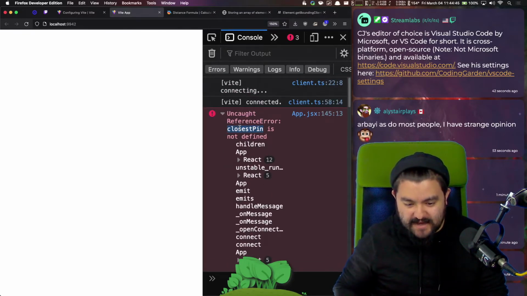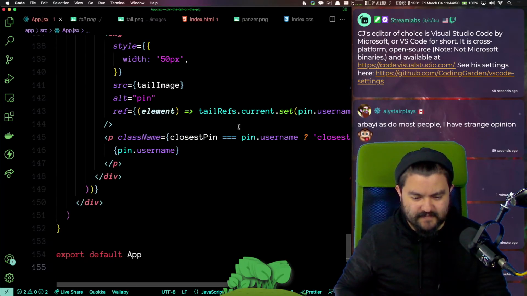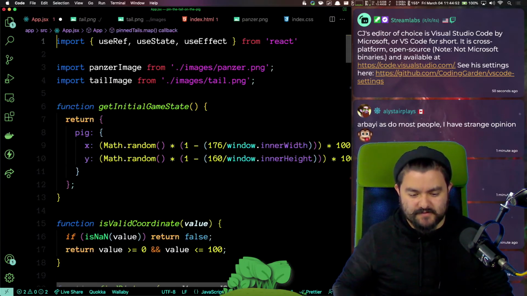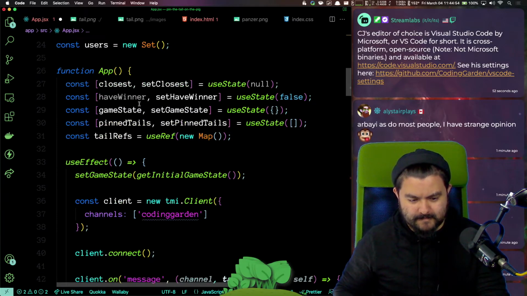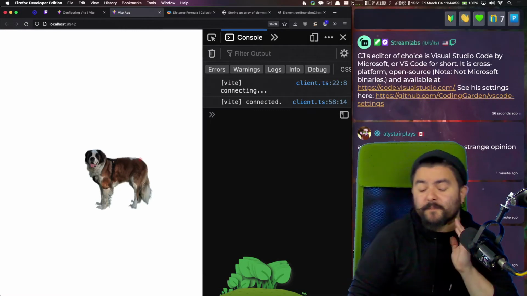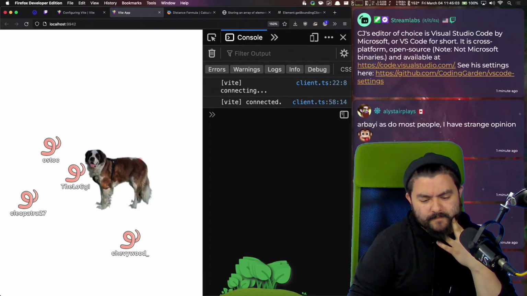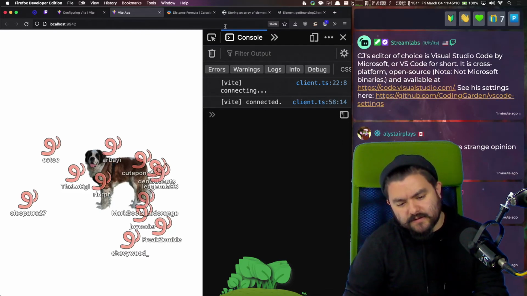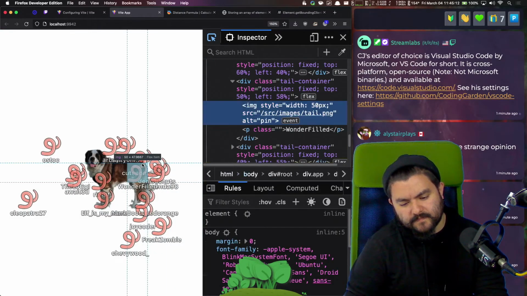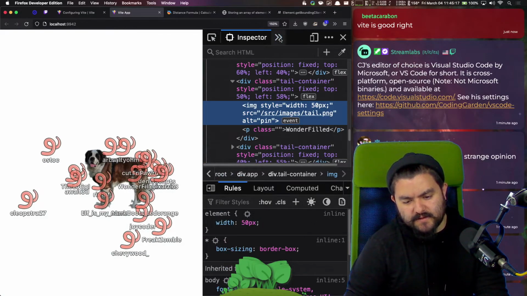Closest pin is not defined. I think, did I just rename it to closest? It's just closest now. All right. Try again. If my linter was working, I'd probably have a lot better time coding. Vite is pretty nice. Yeah, I like it.